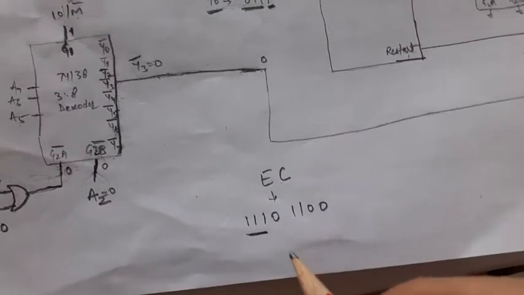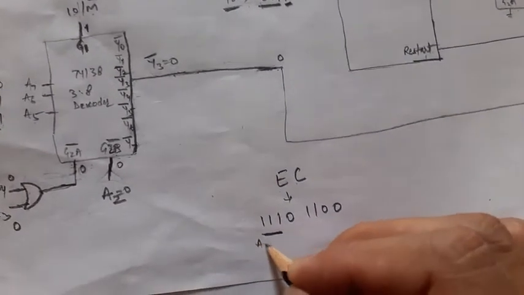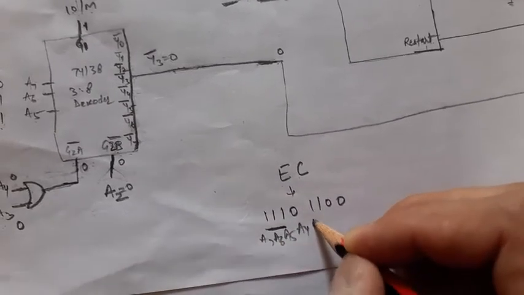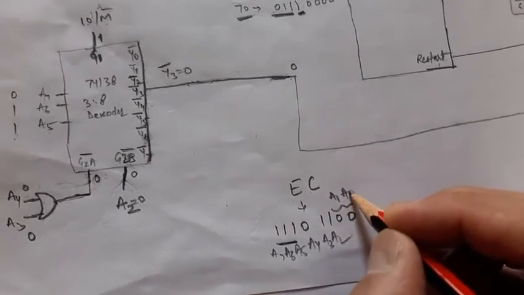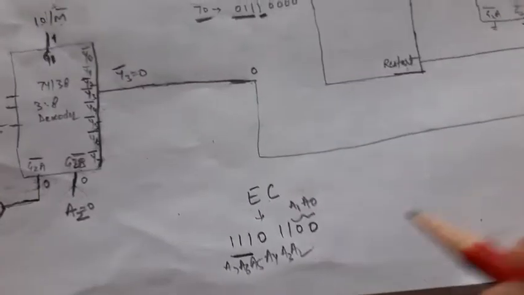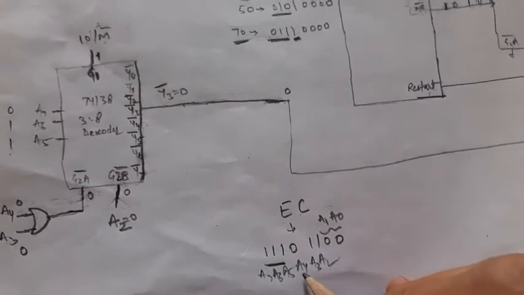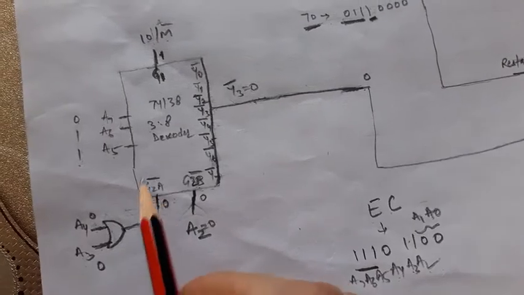Now we'll put conditions on the rest of the pins. So this is our A7, A6, A5. This is our A4, A3, A2, and these are the A1 and A0 which enter the chip. Now we put the condition on A4, A3 and A2. So what is the value of A4? 0, satisfied. What is the value of A3? 1. If I put A3 directly here as 1, then this decoder will